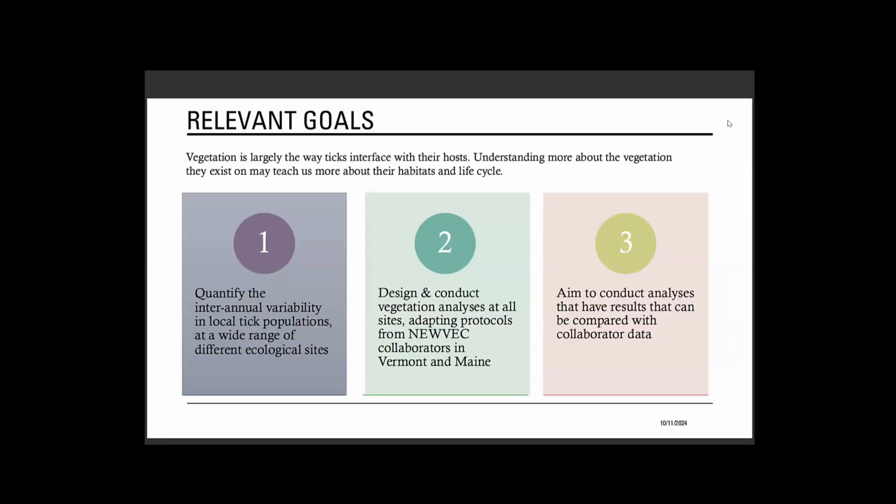So vegetation is largely the way that ticks interface with their hosts. Understanding more about vegetation may teach us more about their habitats and their life cycles. So we have three main goals. One, to quantify the interannual variability at a lot of different ecological sites. Two, to create a protocol that's comparable to collaborators. And also to conduct these analyses